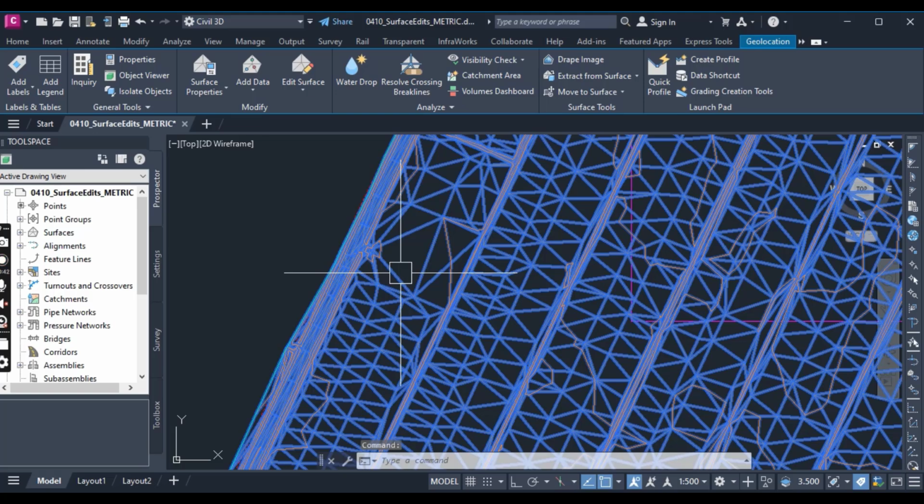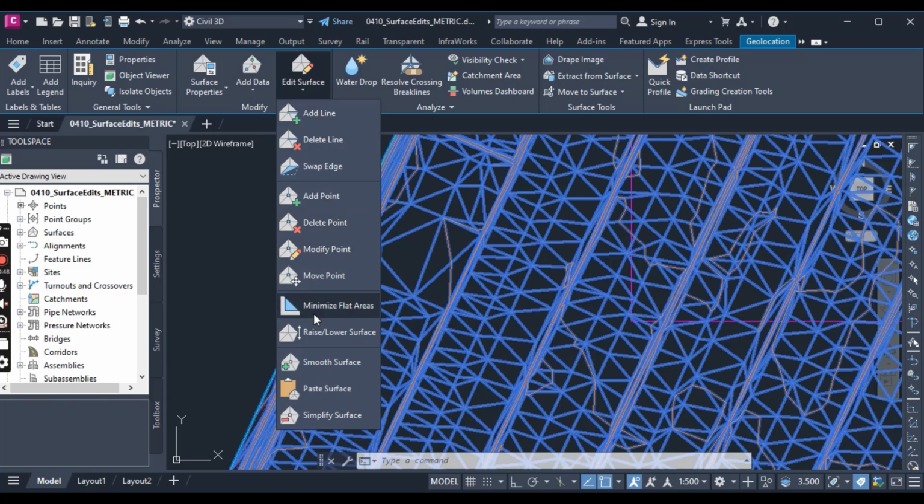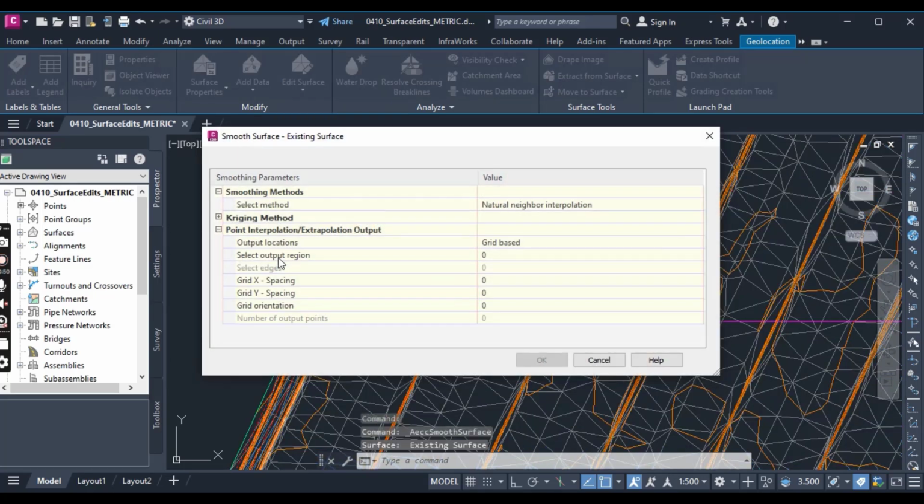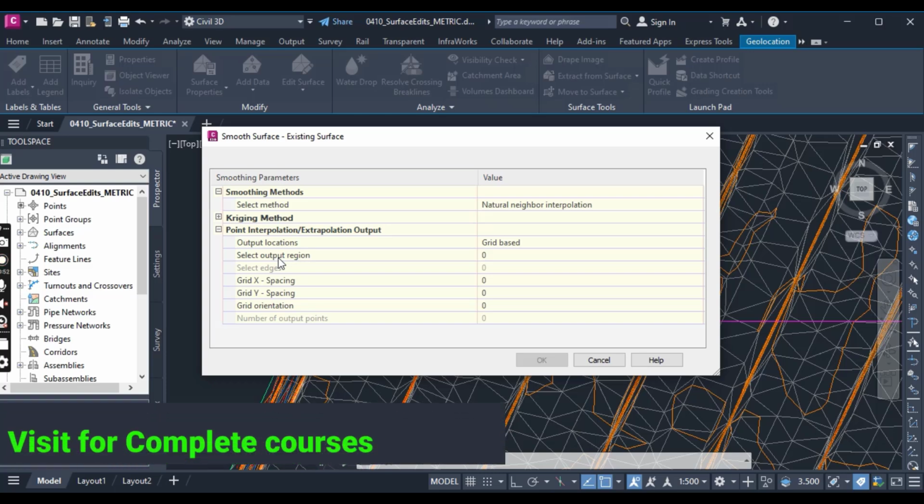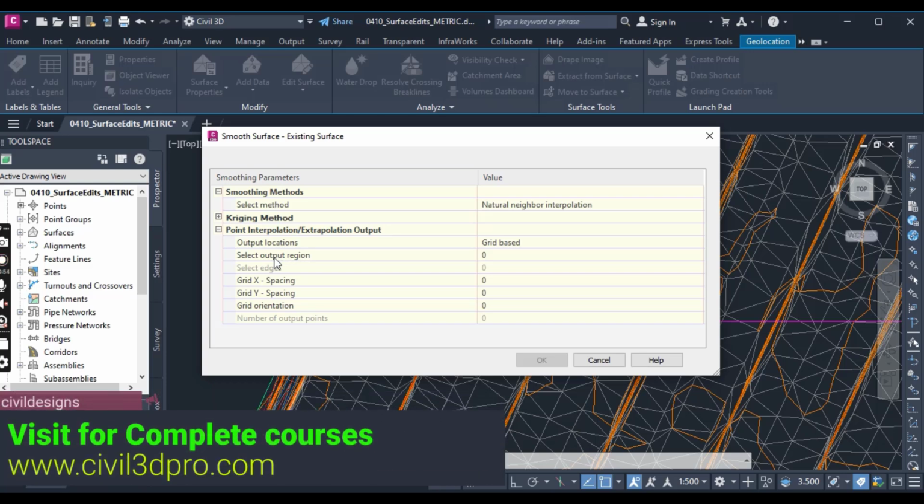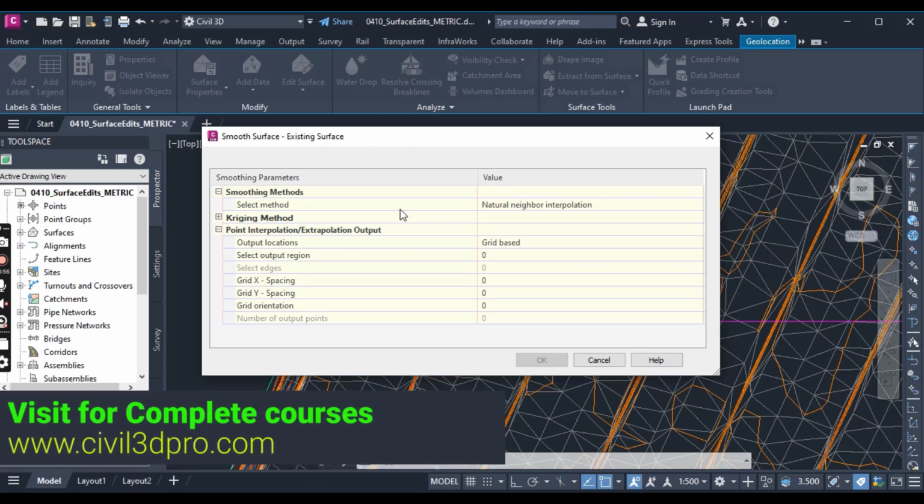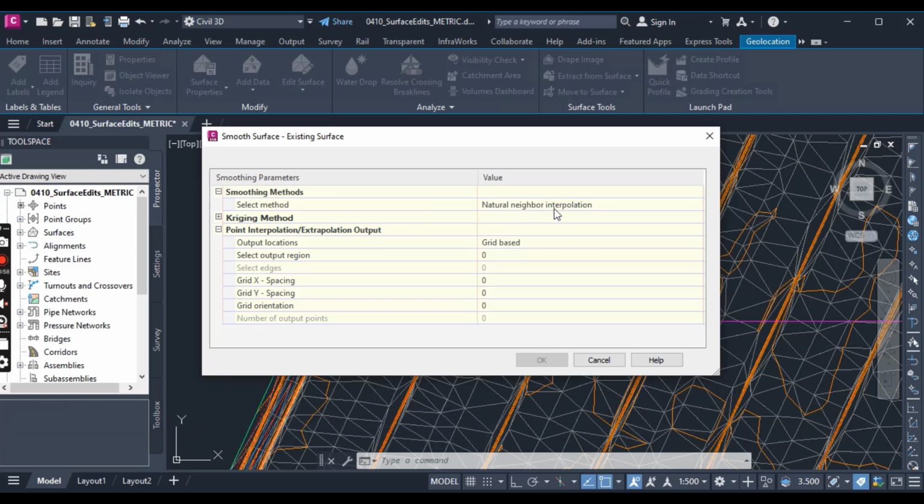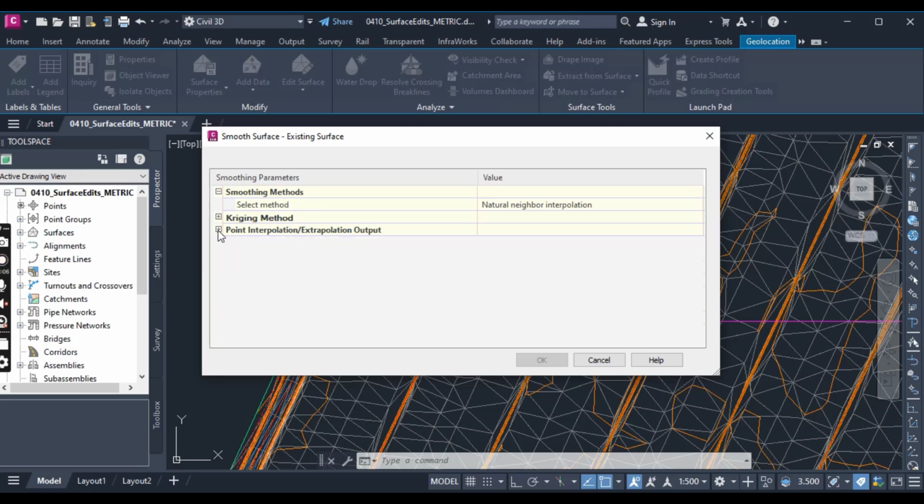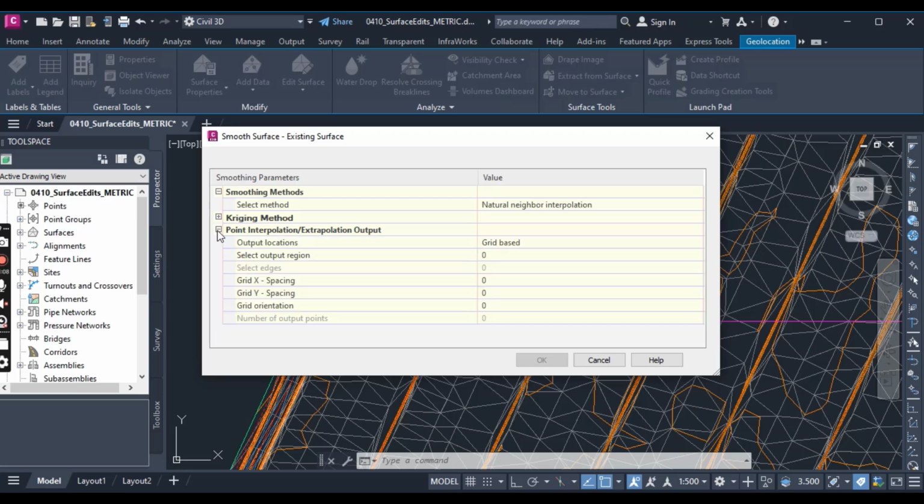From the TIN surface existing surface contextual tab, click edit surface, and here you will see smooth surface. Expand the smooth surface method branch and verify the natural neighbor interpolation is the selected method value. Now expand point interpolation, if you have not expanded it already,